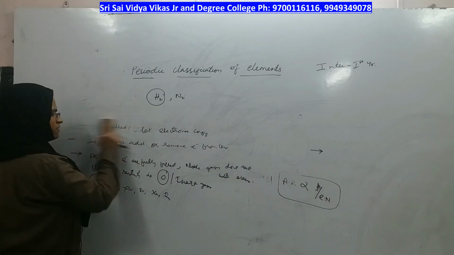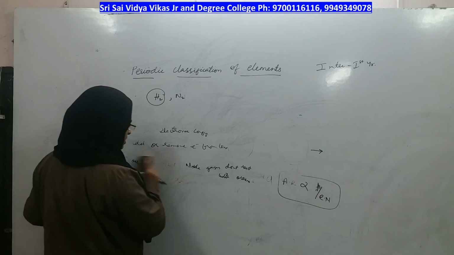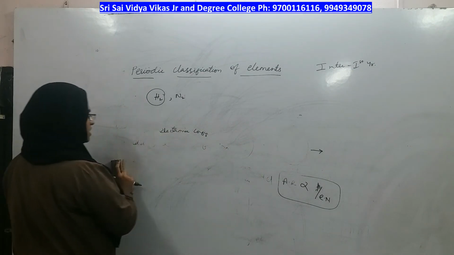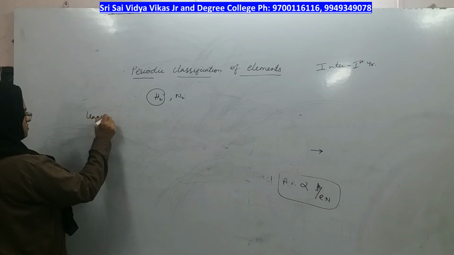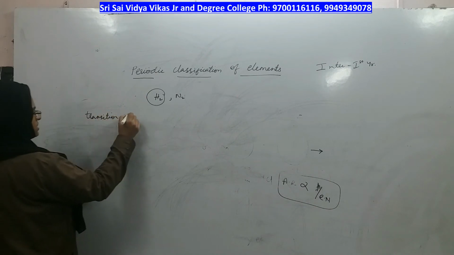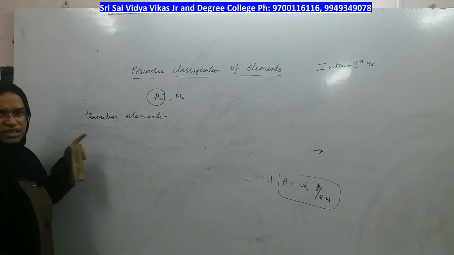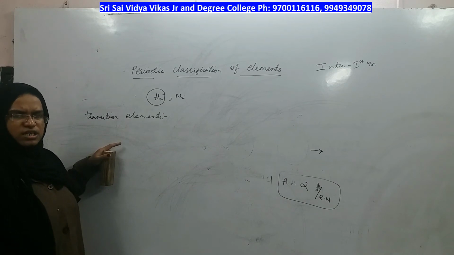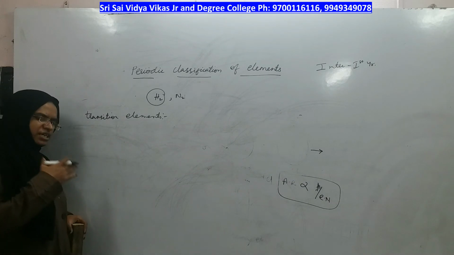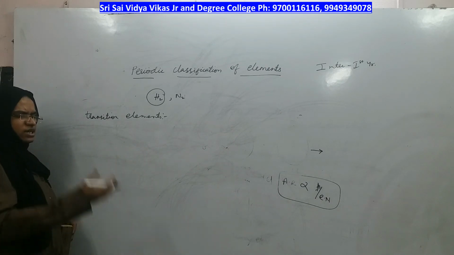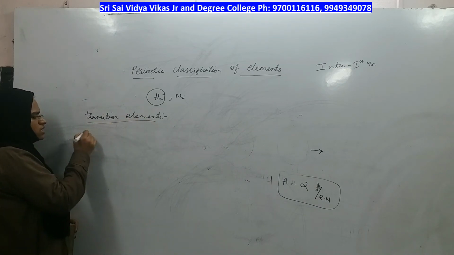Let us look at the special features of transition elements. What are transition elements and where are they present? Transition elements are d block elements which are present in the center, between S and P. As they are present between the S and P blocks, they have some properties of S as well as P. They are trying to move towards the P block, and in doing so they keep some properties of S also. That is why they are called transition elements.